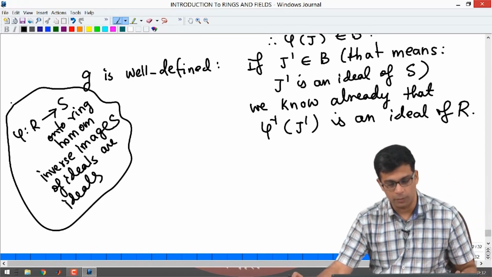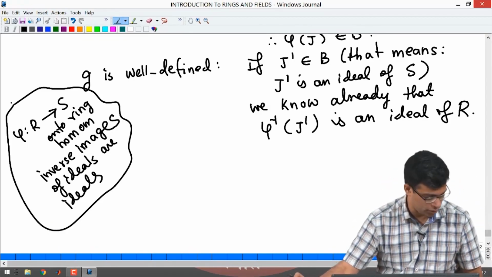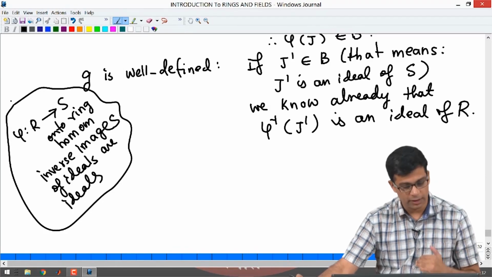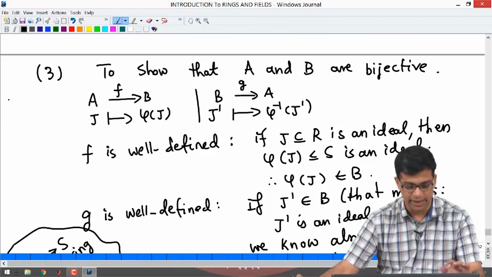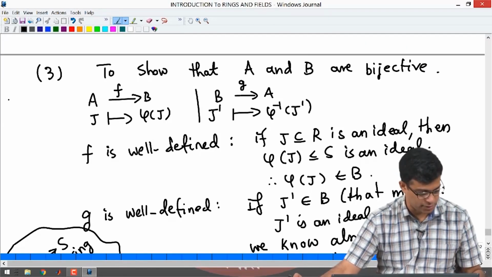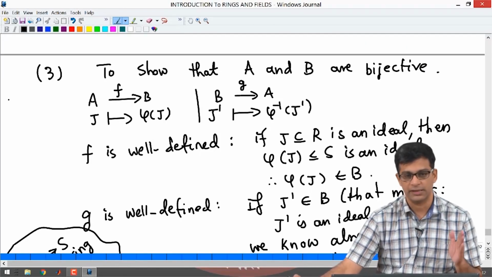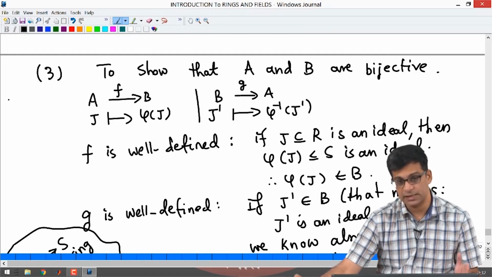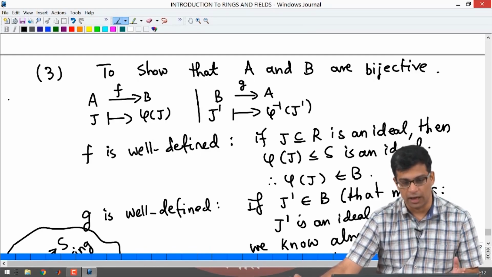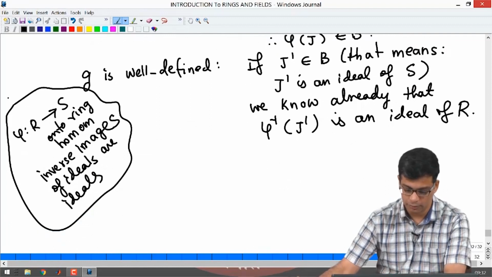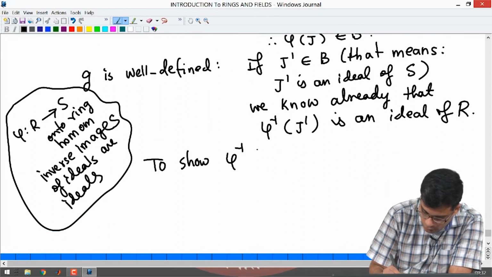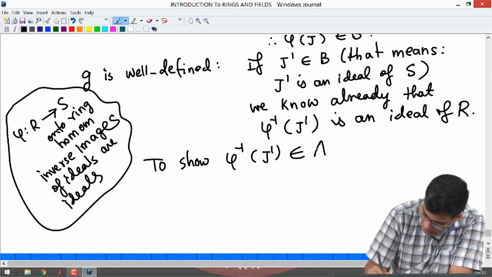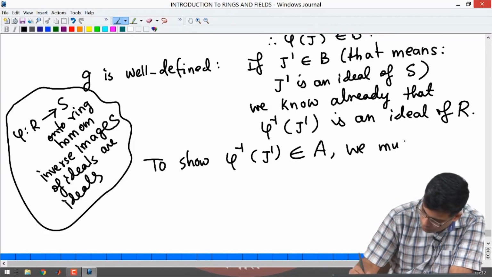This I proved in a problem session a few videos ago, but it does not yet prove that it is in A. What is A? A is not the set of all ideals in R. A is the set of ideals in R that contain kernel phi. So, to show phi inverse J prime is in A, we must show